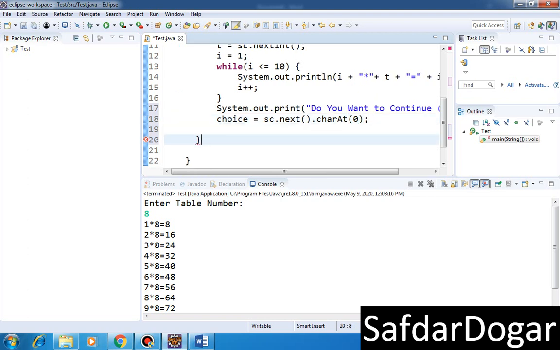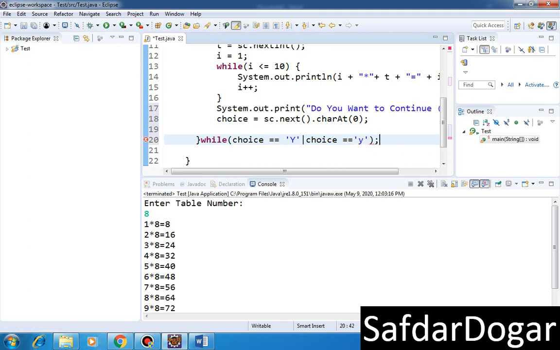And here is the while condition. You know, in a do while loop the condition comes after the loop body. Choice equal to capital Y or choice equal to small y.